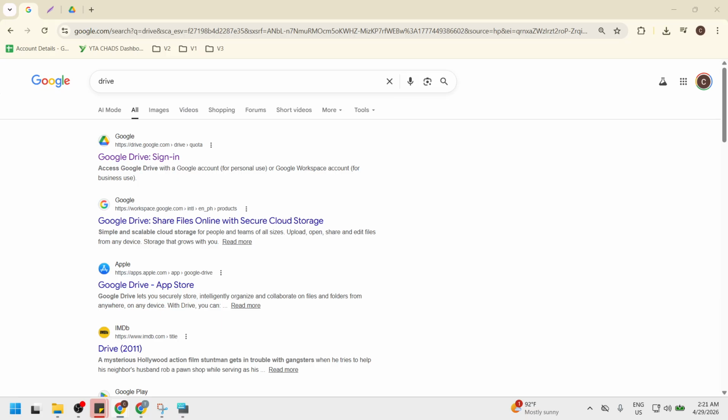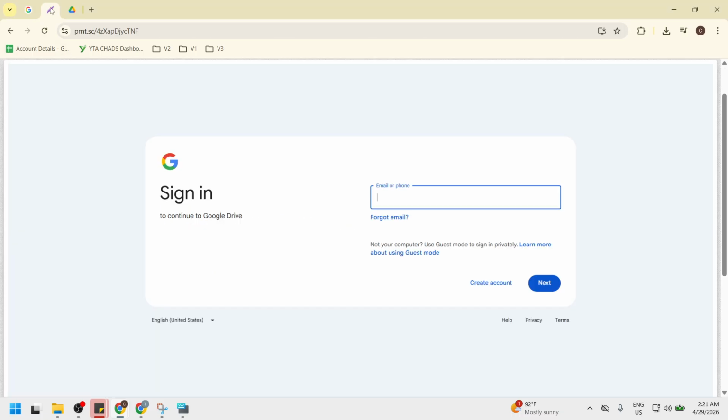First, open your web browser and search for Google Drive. This is handy if you don't remember the direct address or you're on a new device. In the results, look for the official Google Drive link. It should point to drive.google.com and show it's secure. Clicking the correct link matters because third-party sites or bookmarks to expired sessions can land you on pages where previews fail or permissions don't load properly.